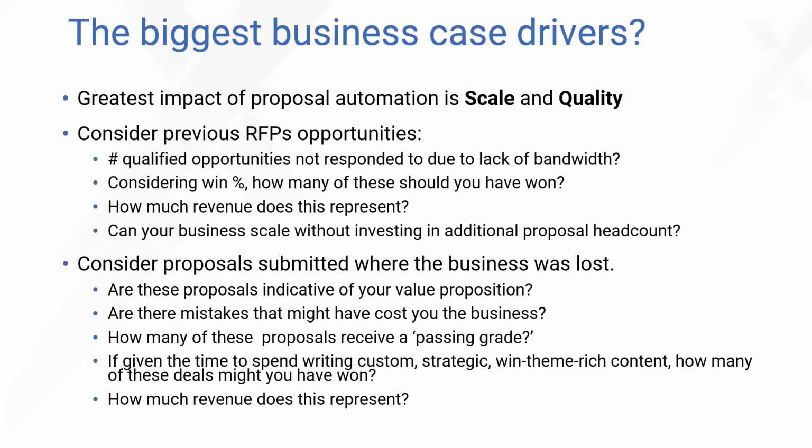So a quick place to start when I'm thinking about scale issues is the number of opportunities in the last 6 or 12-month period. We might be able to calculate how many opportunities we did not respond to, or qualified RFPs that we otherwise would have put a response into. We would have bid for that business, but we didn't because we didn't have the bandwidth. They all hit at the same time, or someone was out of the office and we were unable to meet the surge in workload.